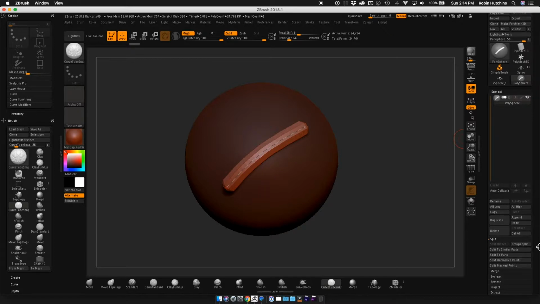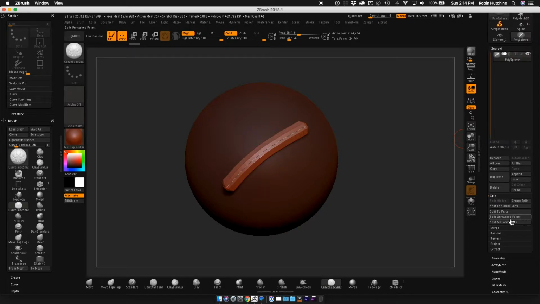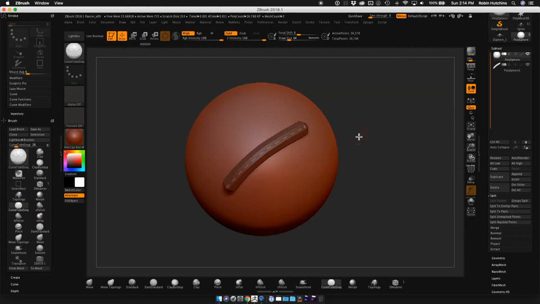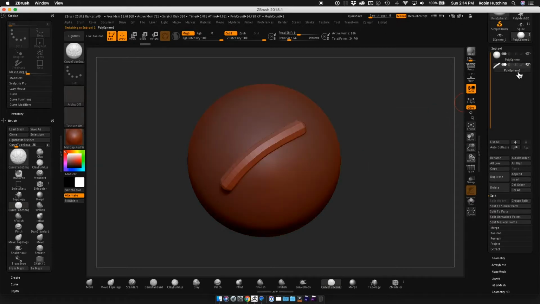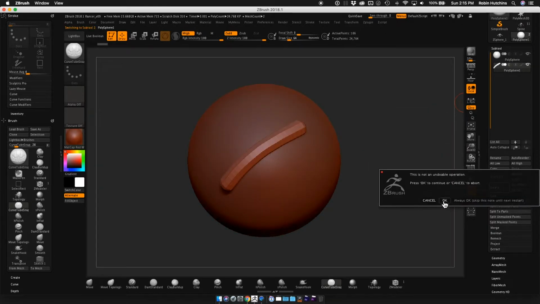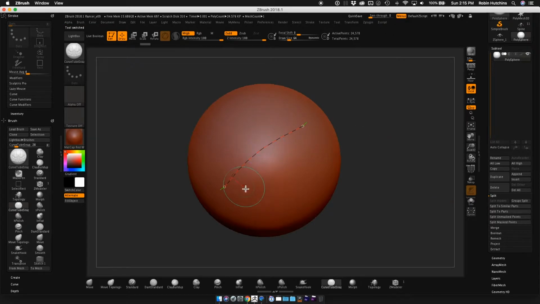Under split, one of the options we have is split unmasked points, and you could click on that and it would separate this tube from the sphere and create a new subtool for it. So I will just do that as a demonstration right now. So I'm going to say split unmasked points, and there's what you're left with. We still have our sphere, and then we have this polysphere tube that has been broken off of it. At this point, I am going to just delete that tube that I broke off and go back just to the sphere, and we have this